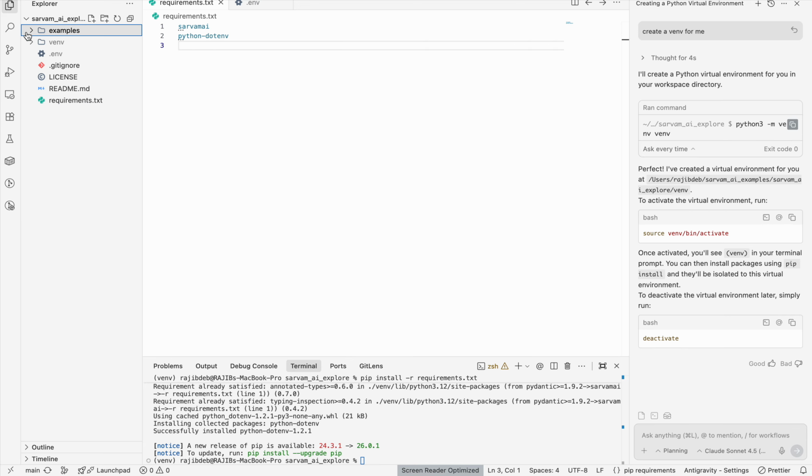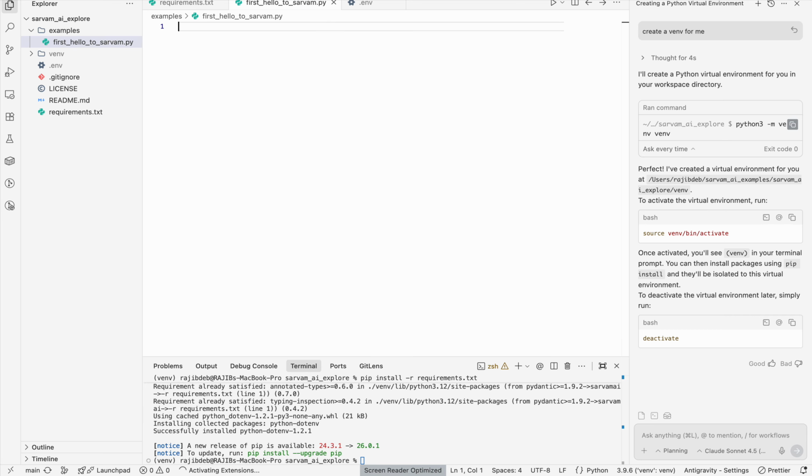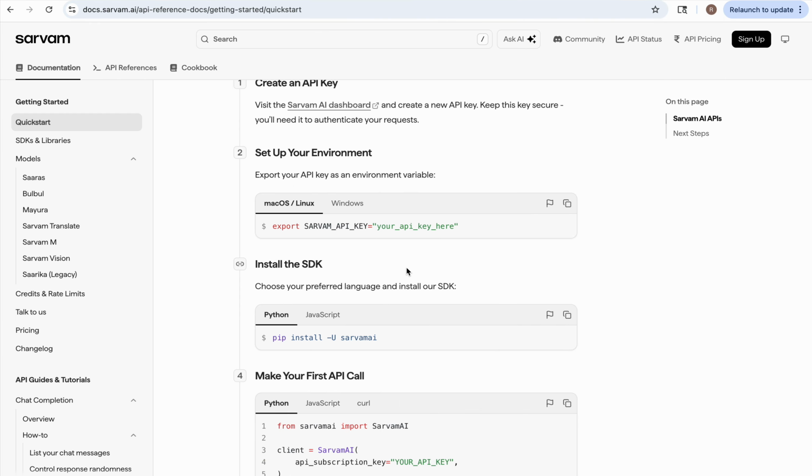And within this folder, let me create my first hello to Sarvam.py. And if I go to Sarvam AI now,